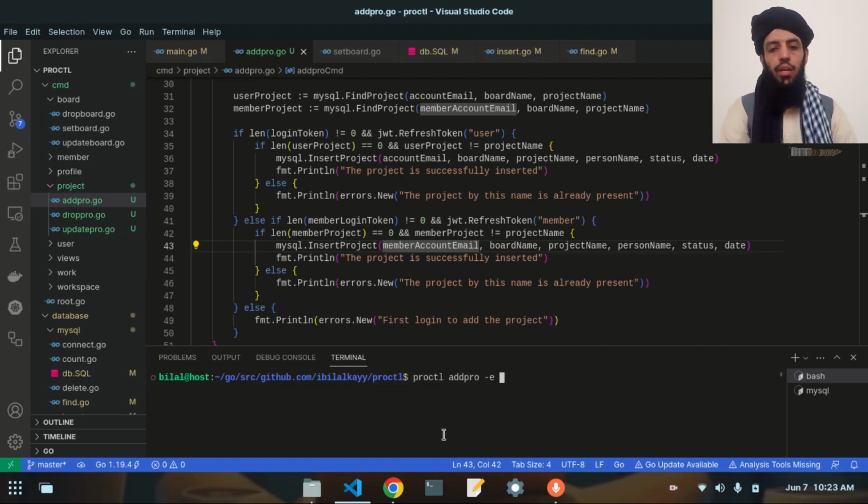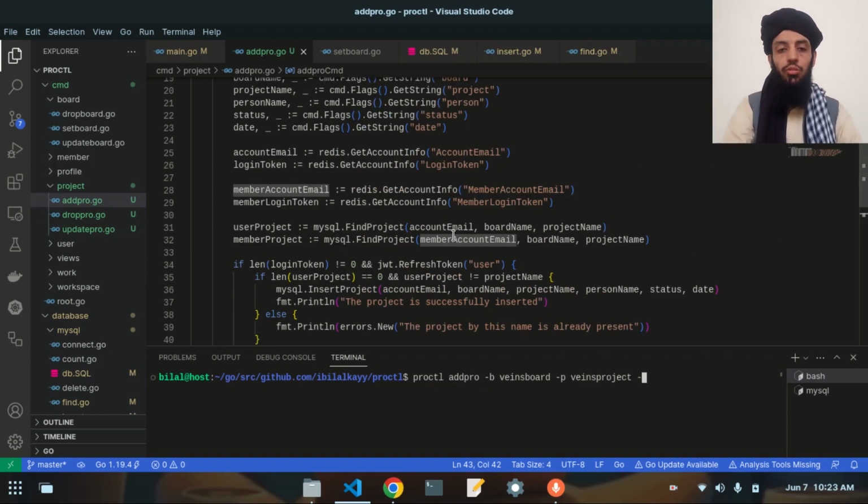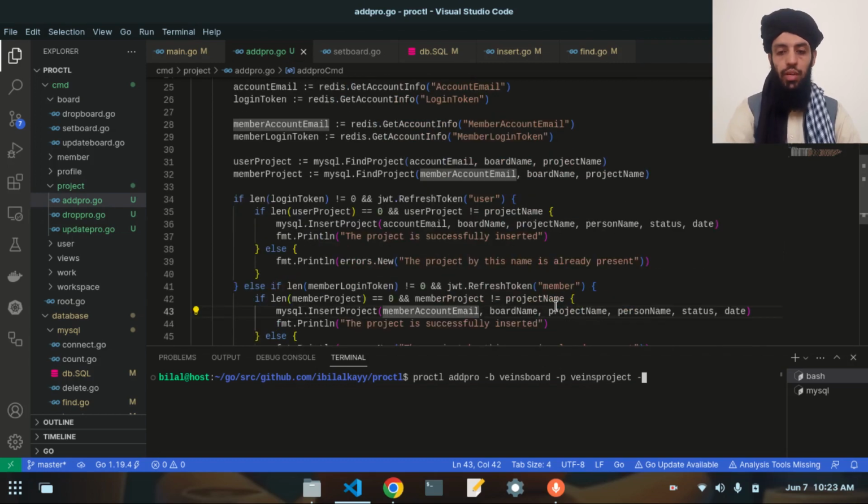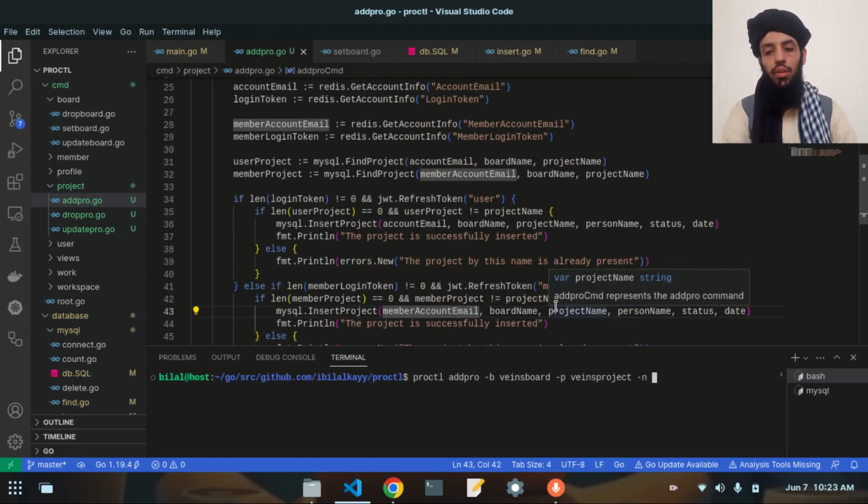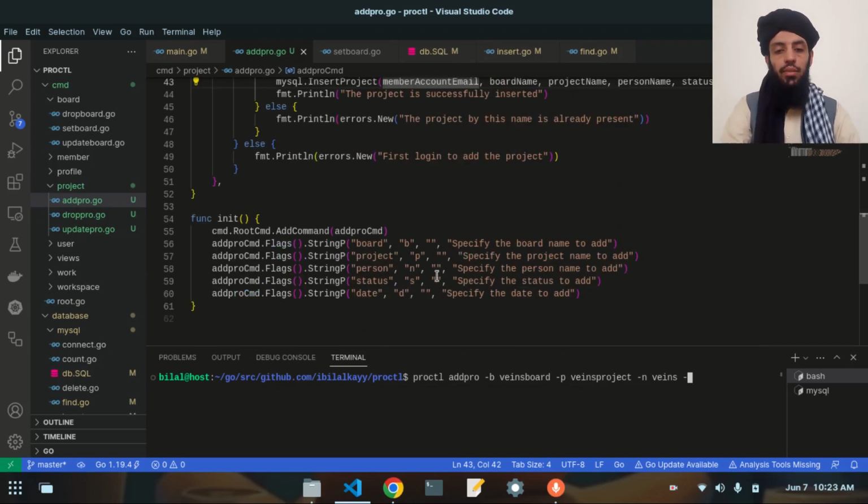This time it would be the project. So the project is board. The board is Veins board. After that, the project is Veins project. The Veins project is P, and the person is by the name of N. So N is the flag of person. So Veins. And S for the status, that is done, and D for the date, like